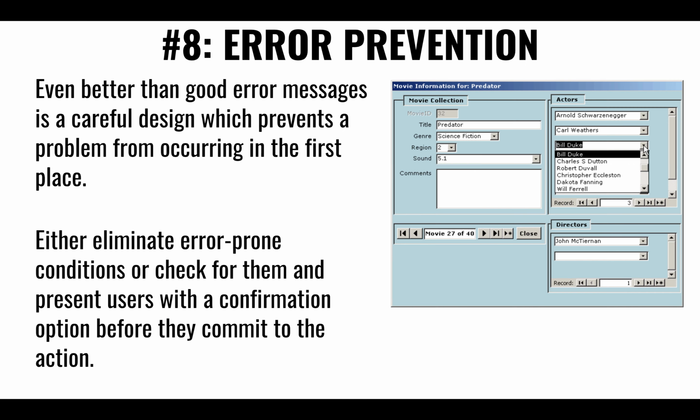Error prevention. So first we talked about providing some help or providing ways to undo, especially if you've painted your way into a corner and you've made a mistake or an error, and being able to backtrack. But instead, or in addition to, is trying to avoid or eliminate the causes of even having that error in the first place, right? Where you might give them controls or user interfaces that discourage or avoid the possibility of you making a mistake.